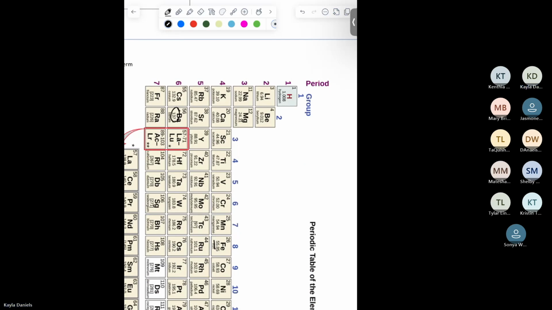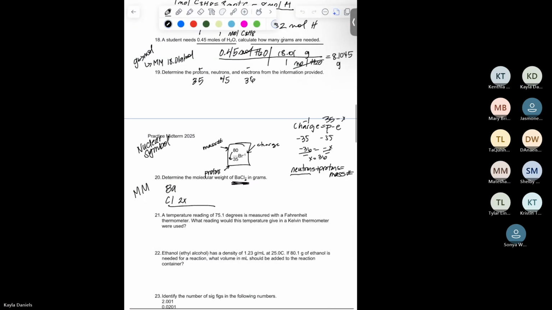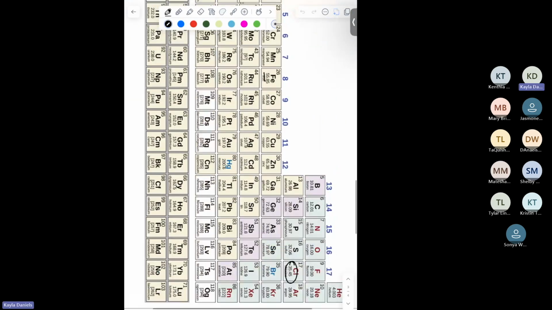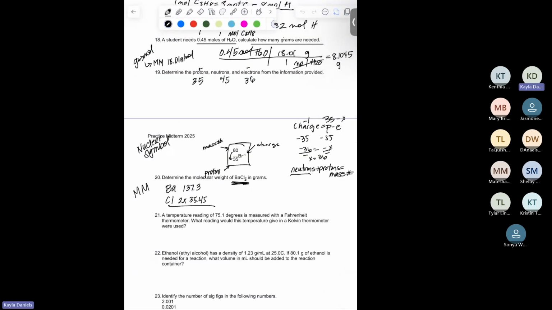$137.3. Just circled the 3. All right, so 137.3, 35.45, I'm pretty sure. Let me double check that. Yeah, 35.45. Okay. All right, so